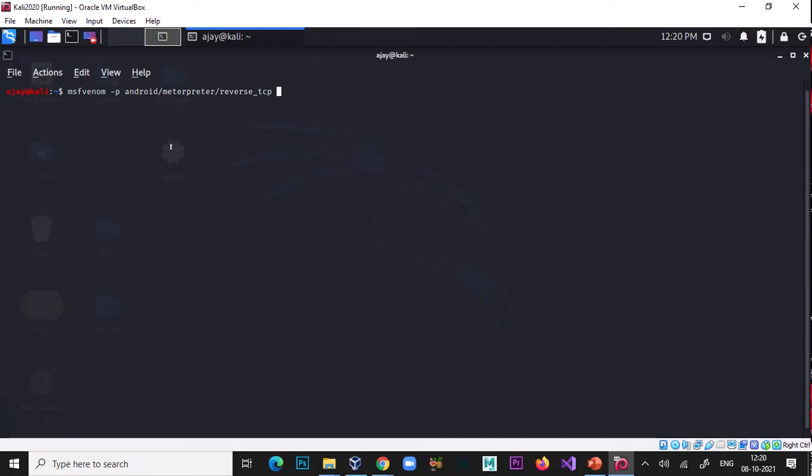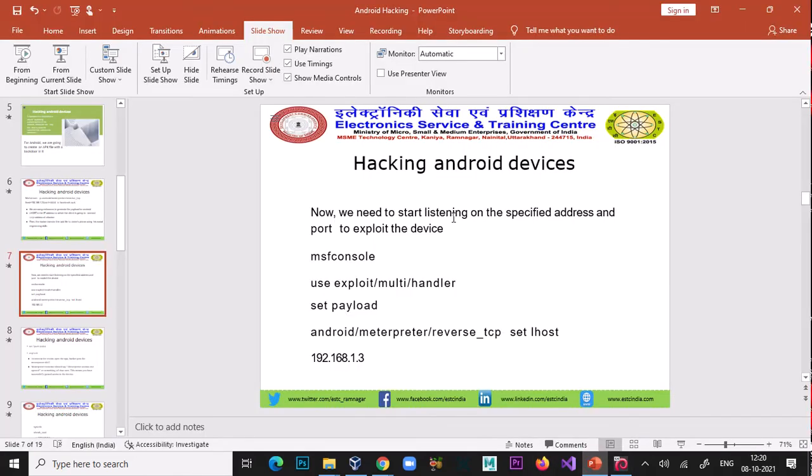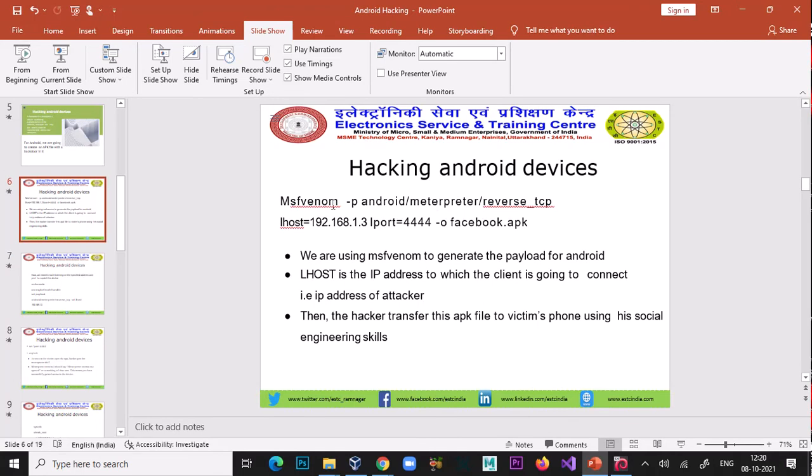This is the payload we have used, and it is also in the list of Metasploit.